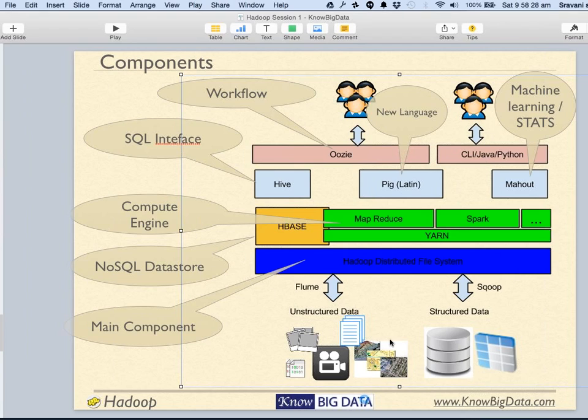Now, if you have a big project, you will be using maybe first import data, then clean the data using MapReduce, and then churn the data using Hive. And once all of that is done, run Mahout in order to generate recommendations. And once Mahout has generated recommendations, put those recommendations back into a structured data.